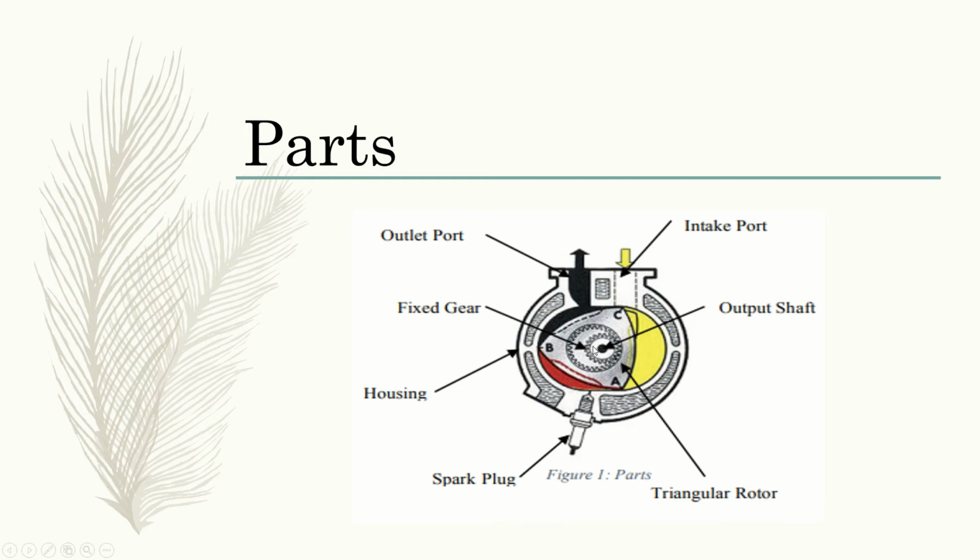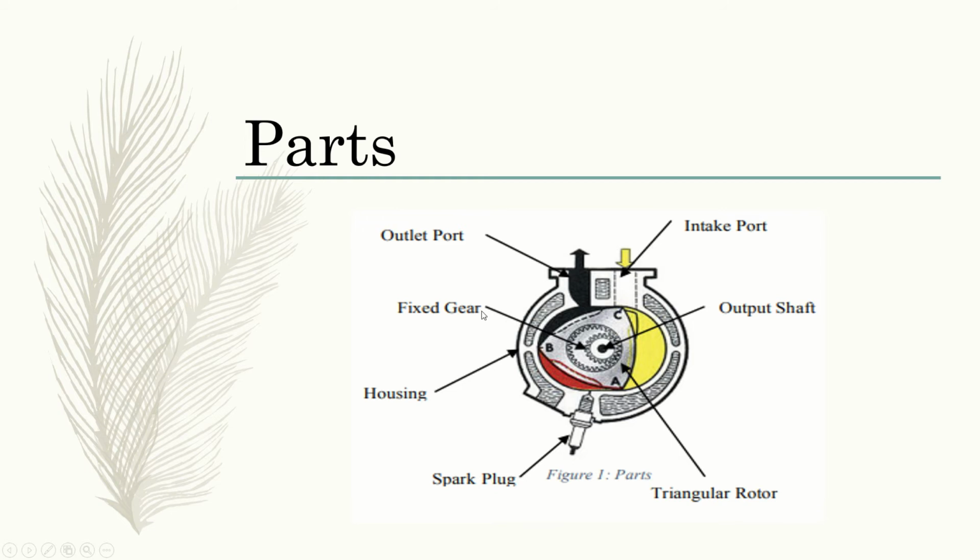the car. The next one is the triangular rotor that divides the chamber into intake, compression, and combustion areas and supports the energy of the system and the engine's gear set. The next one is the spark plug. Spark plug provides electric energy used to combust the compressed fuel. The next one is the housing. The housing contains a combustion reaction and guides the motion of the triangular rotor.